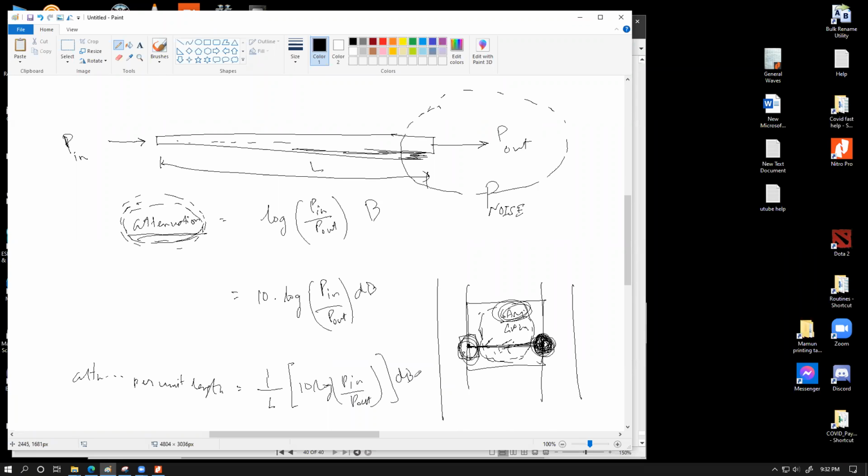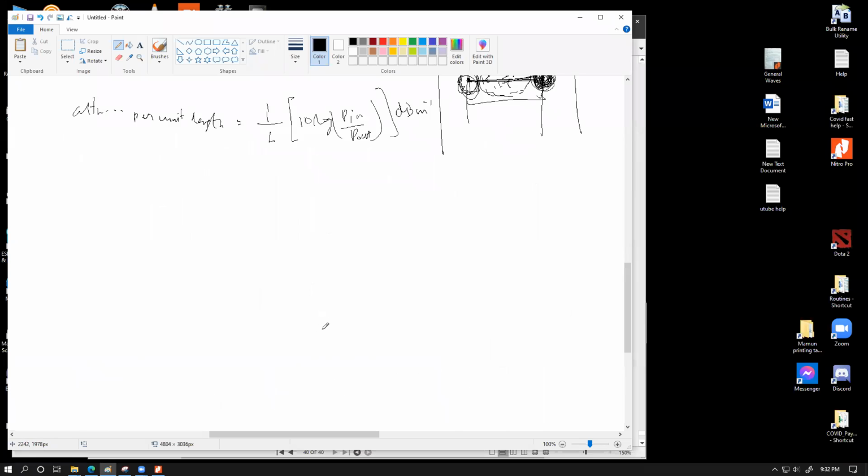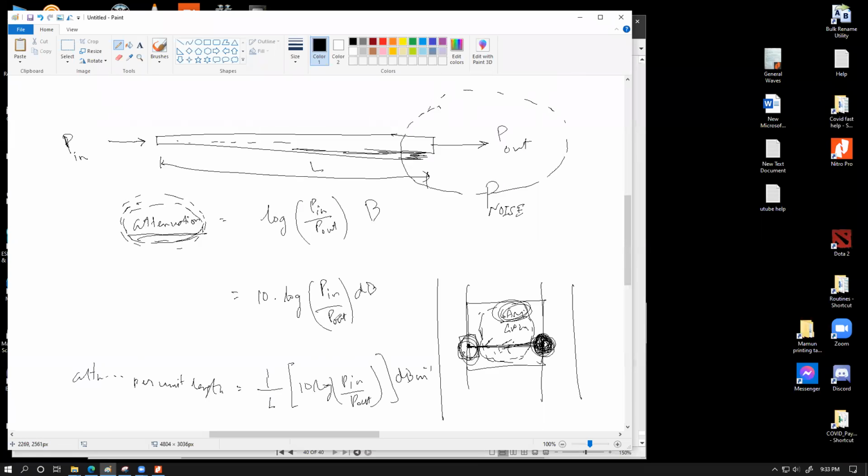Then it would be decibel per meter or per kilometer, whatever that L unit is. That's one thing. The other thing that is important is that this is a ratio. The other important part is that to be able